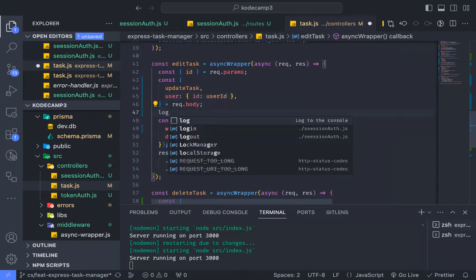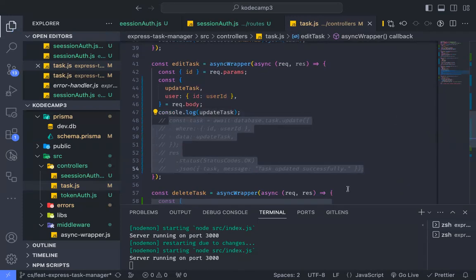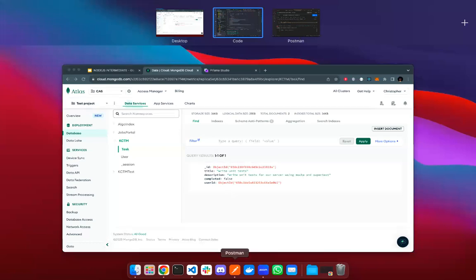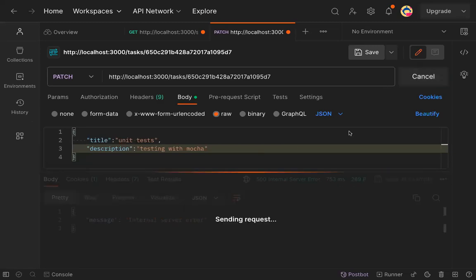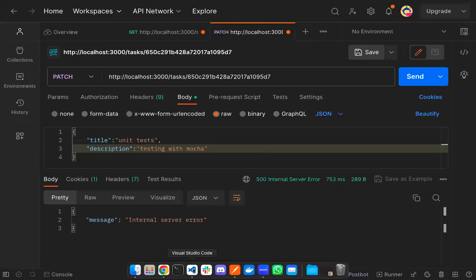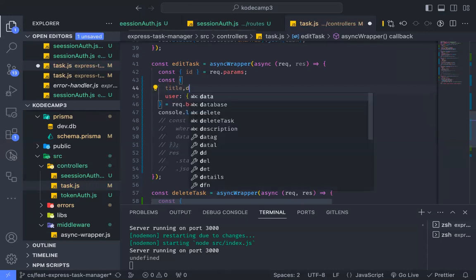Okay. Log update task. Let's be sure of what we're doing first. Where's our Postman? It's undefined. So here we have to bring out the title and then description